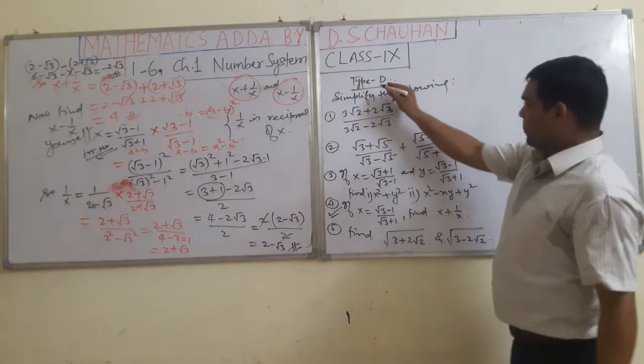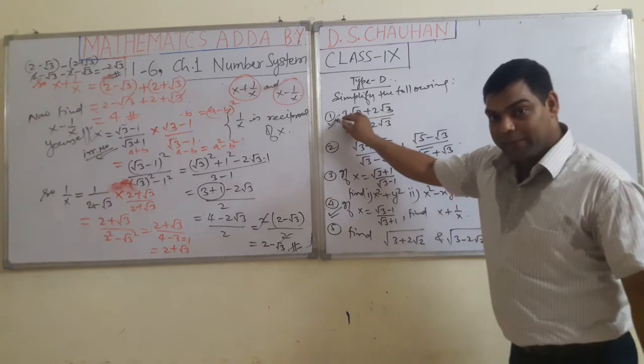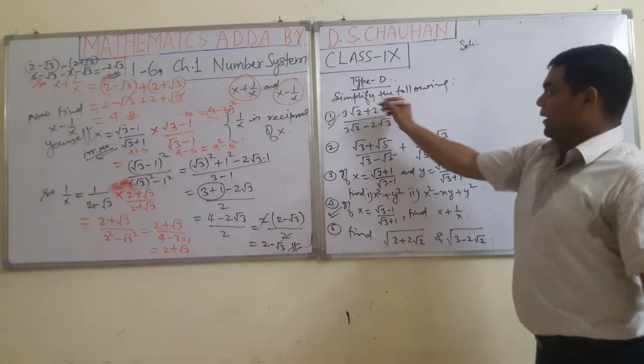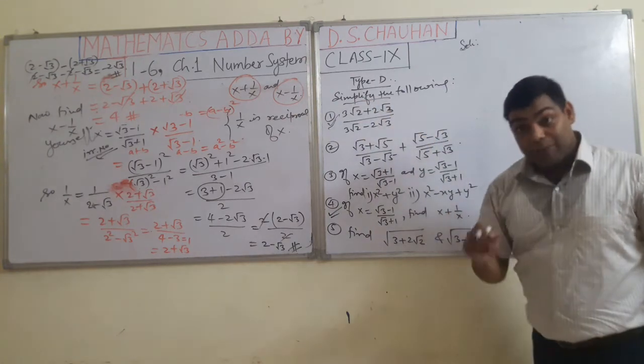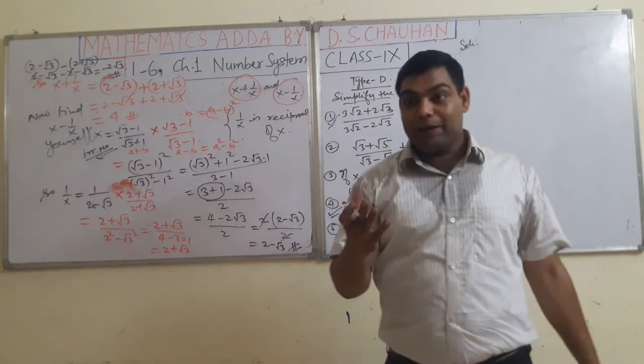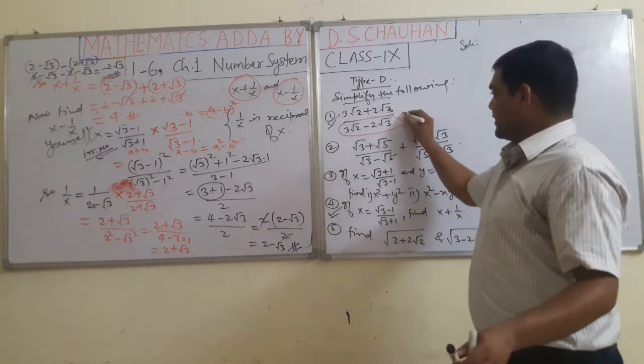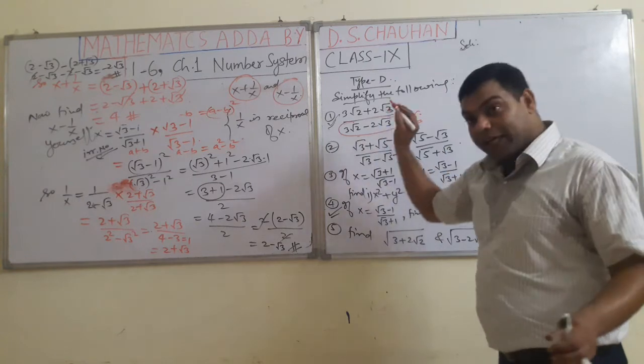Okay, suppose this is the question we have to do. Very important question. Try to understand. Solution of this first one. Simplify. Simplify means how much further we can simplify. So you look here, the denominator portion is an irrational number having two terms.